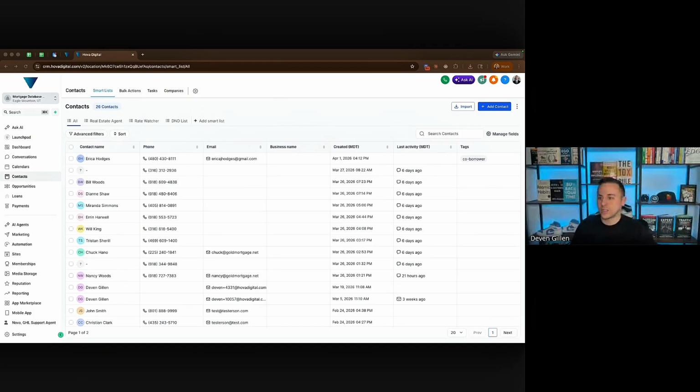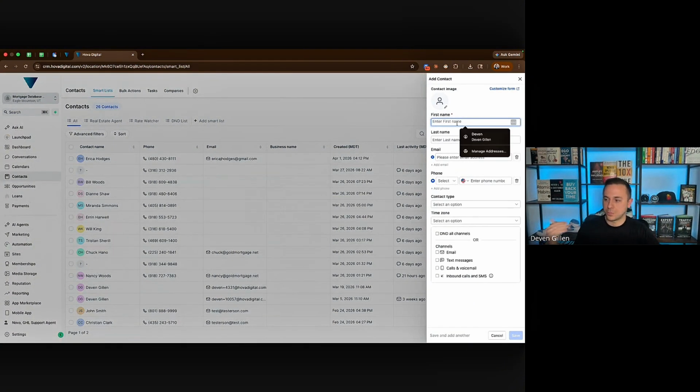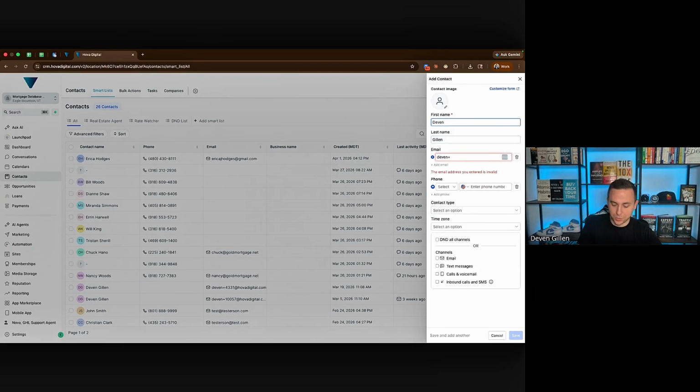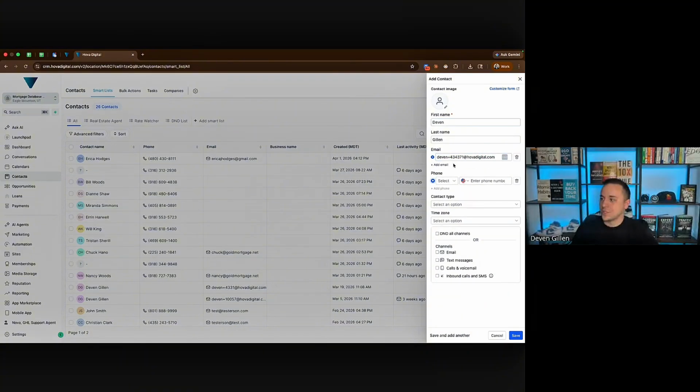So how to create a contact, what you're going to do is go to Contacts. You're going to click on Add Contact in the top right, and then you'll put in a name inside of here. So I'll put in Devin Gillen, and then I'll just put Devin. I've used so many different emails, I don't know which one I have here now. And then you'll put in the email, you'll put in the phone number,